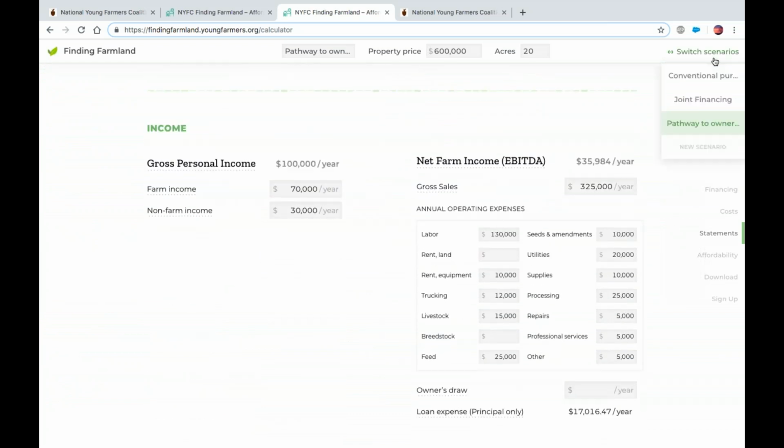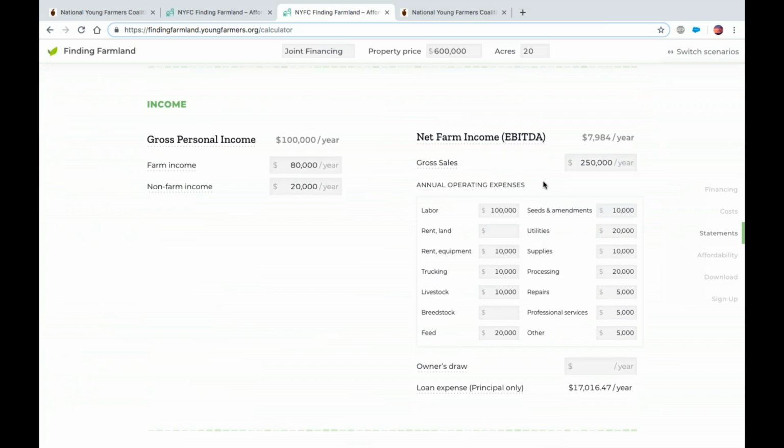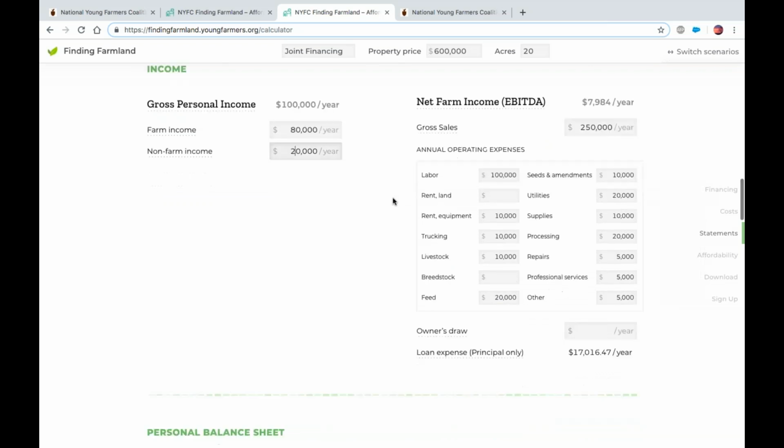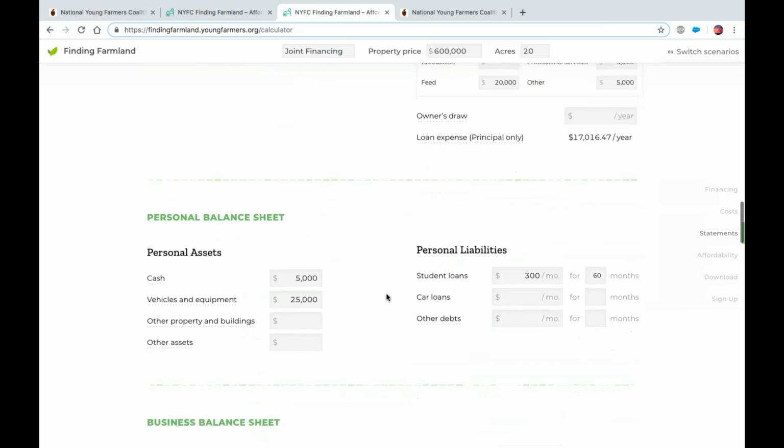And the big difference is the gross sales. I'm saying on this, if you had 5 years in this property, we're going to grow our business by about 25%, and we're going to double our income because our income from the farm is going to increase, and we're going to find some other kind of off-farm income. Say this property has an extra house on it, and we can rent it out as a vacation property, or maybe you or your partner find some kind of off-farm job nearby.